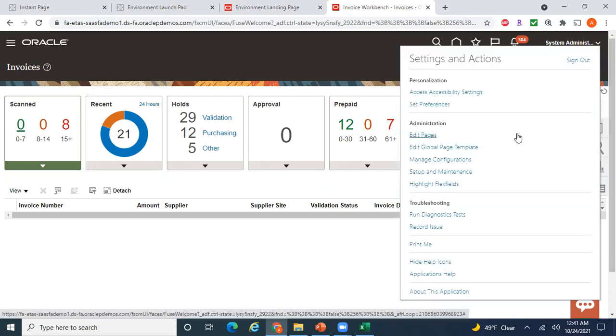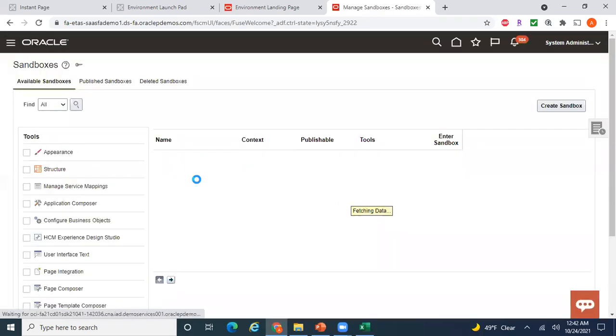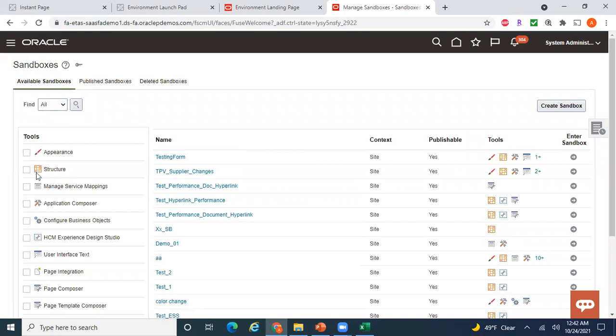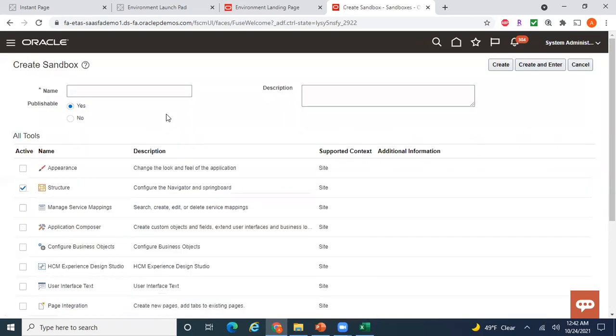Go here, edit pages. The tools page composes read-only mode. To make application changes, you must be in a sandbox that supports this tool. I say yes, activate sandbox. So you need to go into sandbox mode and enable that. Select structure, create a sandbox, and give a name for your sandbox.